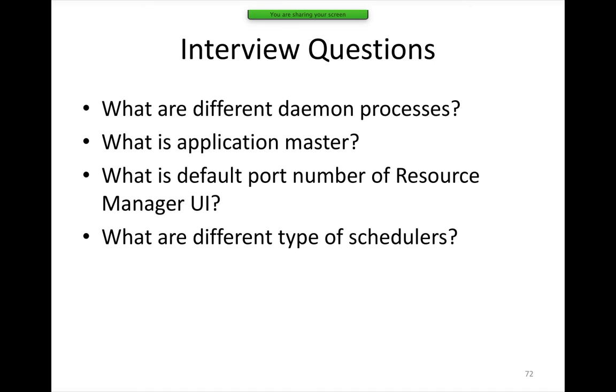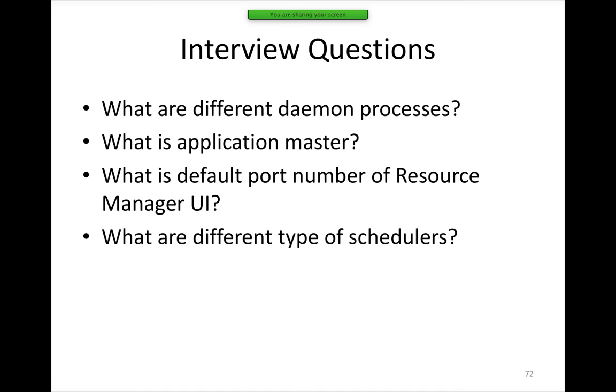You should at least ask whether these are the ones, and say, if you want me to get into the details, I can get into the details. If you add that statement, it will make the difference. Even if the question is straightforward, what are the different types of schedulers, the intention of the interviewer might be the differences also. So you should convert that into a discussion that will make the difference in the overall interview process.